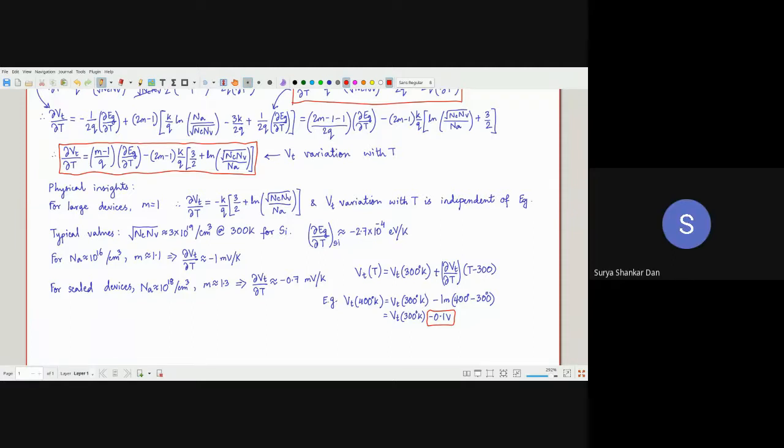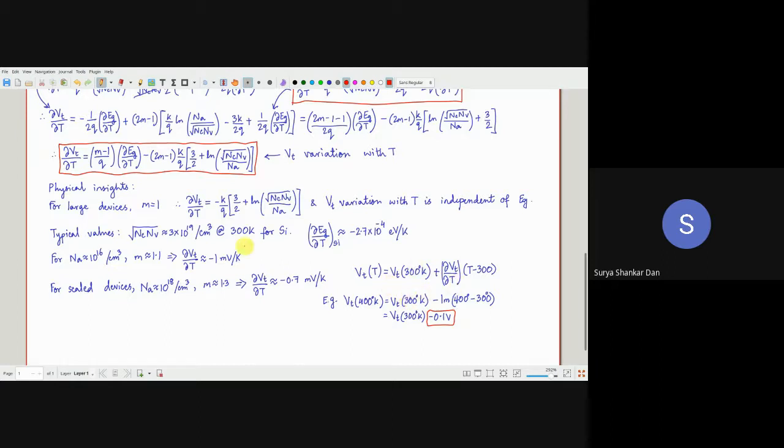Yeah, thank you. So what I'm suggesting is that you have to keep this phenomenon in your mind. All I have done over here is VT variation is del VT del T multiplied by the temperature variation plus the VT at 300 Kelvin. Now, if the temperature has risen from 300 to 400, mind you, this increase happens within 10 to 15 minutes of your laptop operation, good enough for increasing by 100 degrees Celsius.